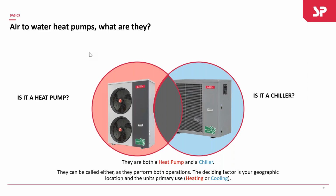We get, hey, is this a heat pump or is it a chiller? Quite honestly, a heat pump is a chiller and a chiller is a heat pump as we see it. They can be used for either operation or purpose, heating or cooling. However, the deciding factor of what unit is right for you greatly depends on your geographic location and the unit's primary use. If your entire use is in the South and primarily used for cooling